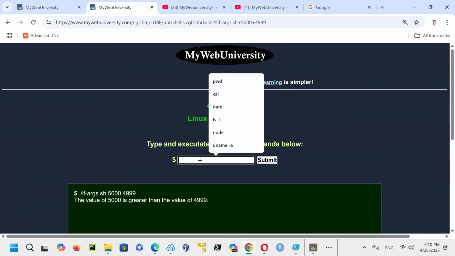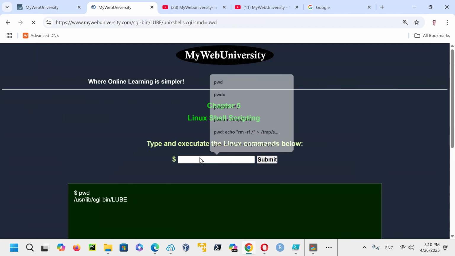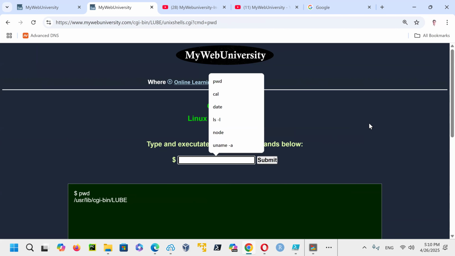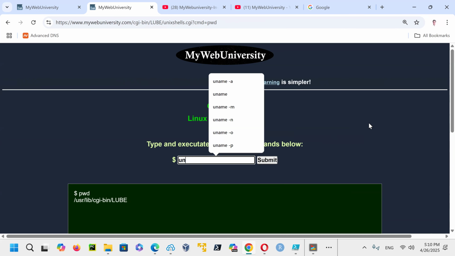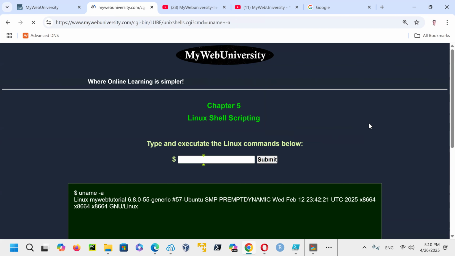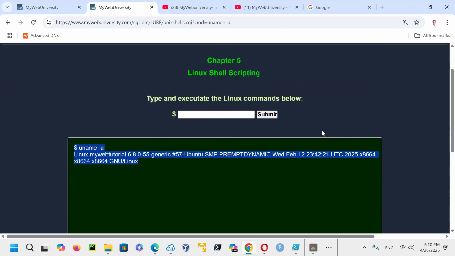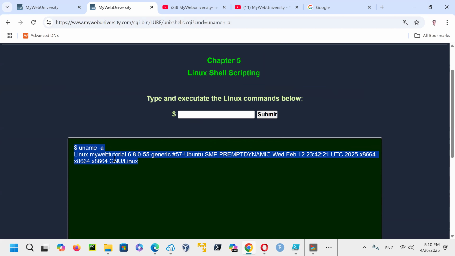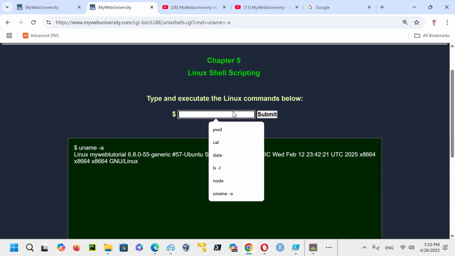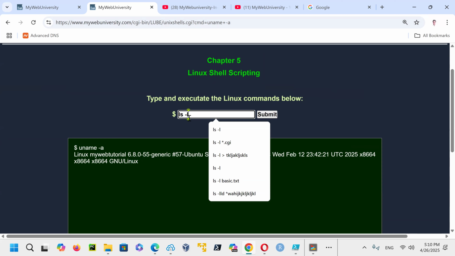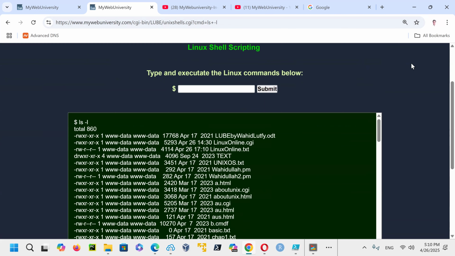At the same time, if you know your Linux commands, you can type in pwd, I give you the output here. You can type in uname -a, it's there. Notice that whatever you type in here is running dynamically on my system, so the output is displayed on a browser as you type it in. If you type in, for example, ls -l, I give a long listing of the files.